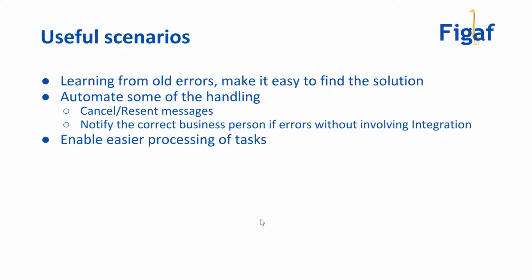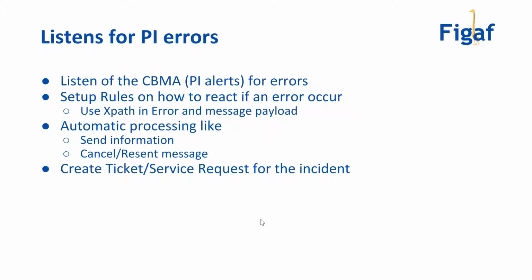So the way this tool works, it's a standalone application that's bundled with our testing suite and our ticket system, and it allows you to fetch all the component-based message alerts that are enabled in your PI system. Then you can actually set up rules that allow you to handle these. You can then interact with all the errors that occur. So set up rules on if this error with this XPath occurs, then do something on it, like canceling or